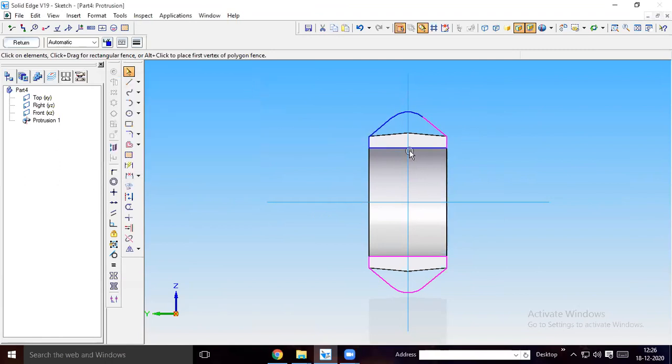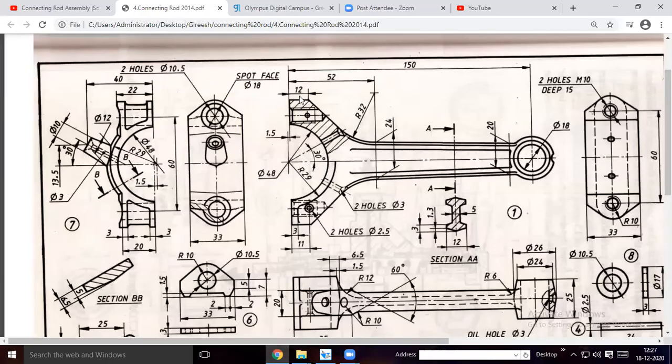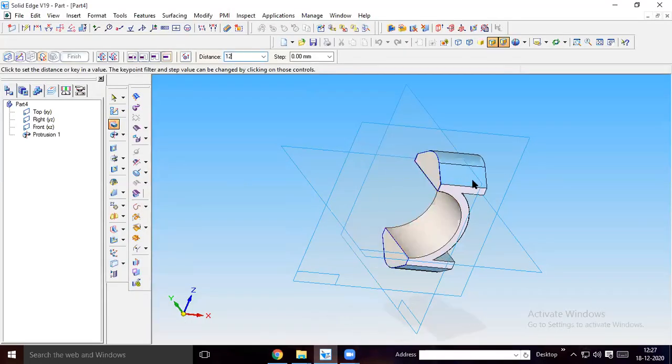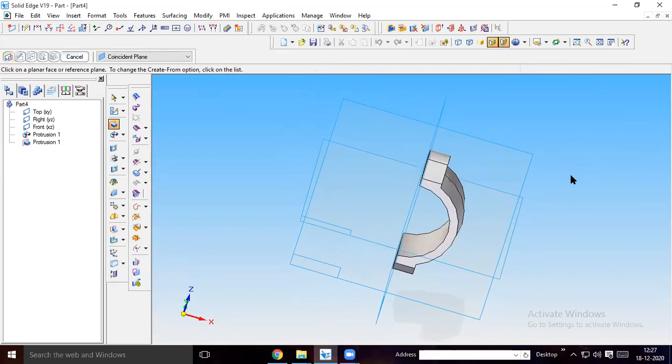So it is showing here it is having a connection problem. If it is a problem, first rectify it and then say end of this line to end of this line. I think it is not connected. So now we can copy and mirror like this, then say return. Okay, this distance will be how much? See here, it is given as 12 mm. Is it clear? Give 12 mm distance. Is it clear? Yes, sir.